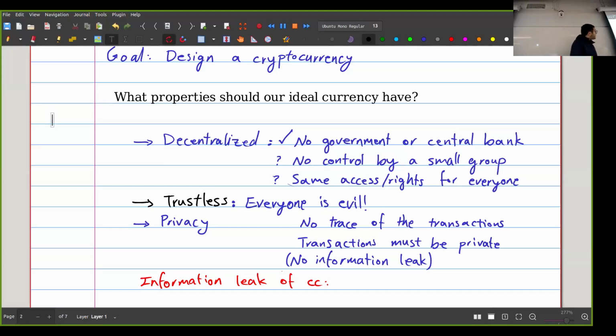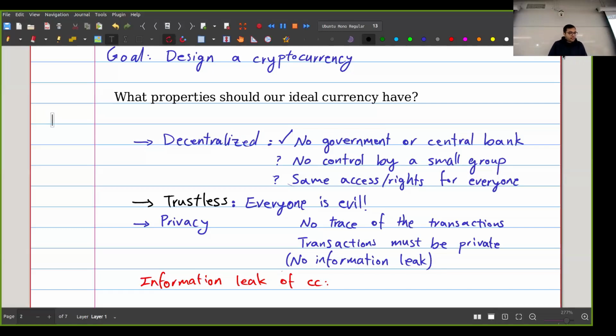Now, a much better definition for decentralization, and actually the one that I would like the most, is to say that everyone in the system, or in our case on the network, on the internet, has the same access and the same rights. So basically, I want to have a kind of cryptocurrency, a kind of currency in which you can join the network, and as soon as you join, you can do whatever anyone else can do. There are no roles, there are no special permissions, everyone is equal. Okay? If I can reach that, that's like the holy grail of decentralization, the thing that I would actually love.